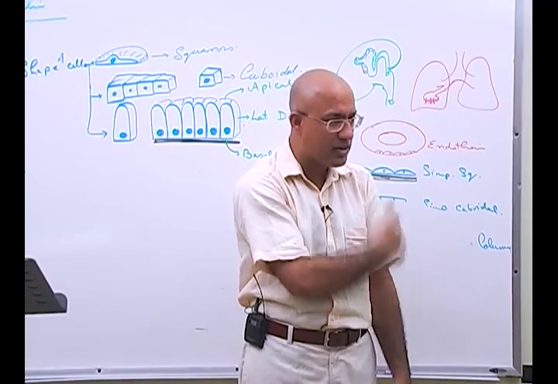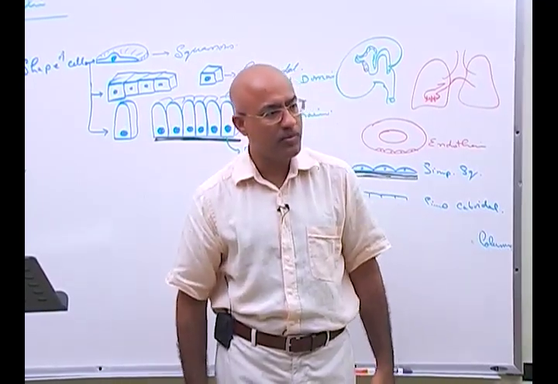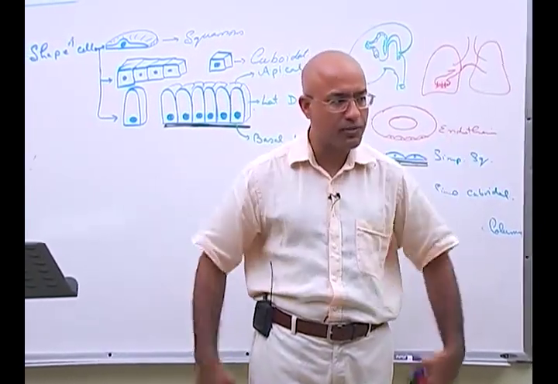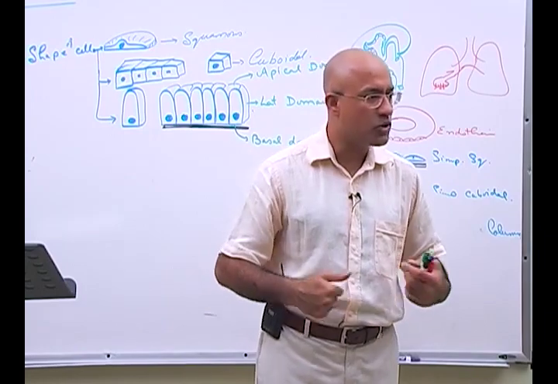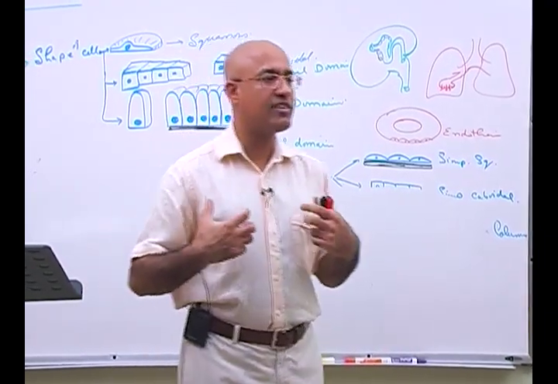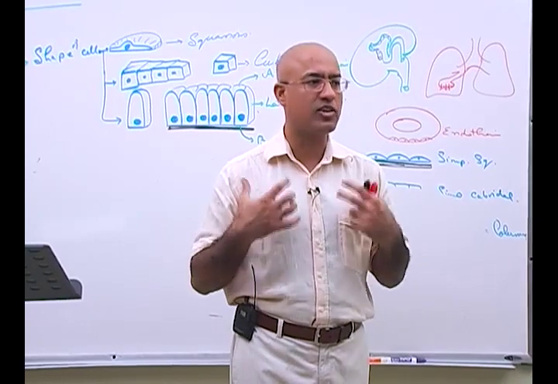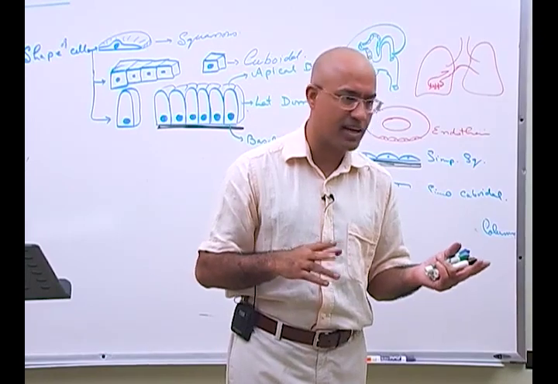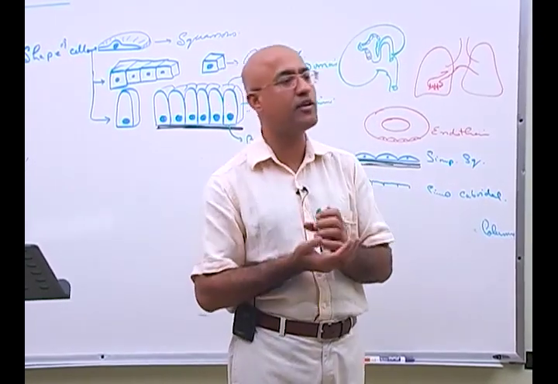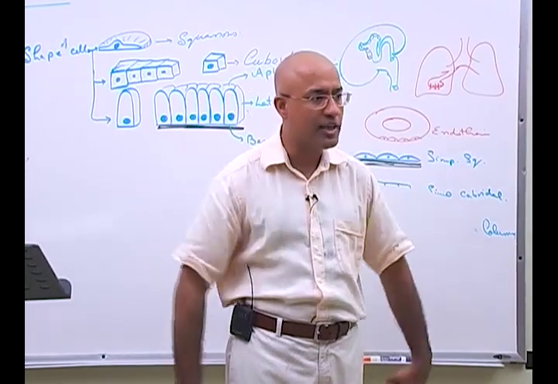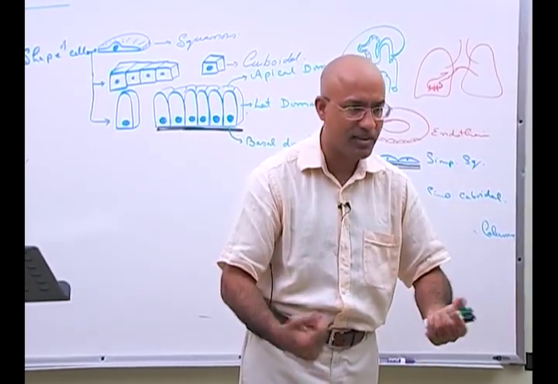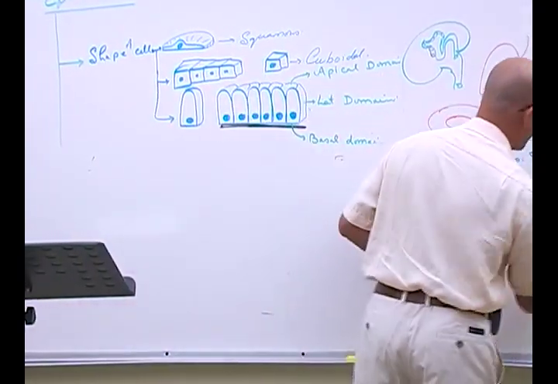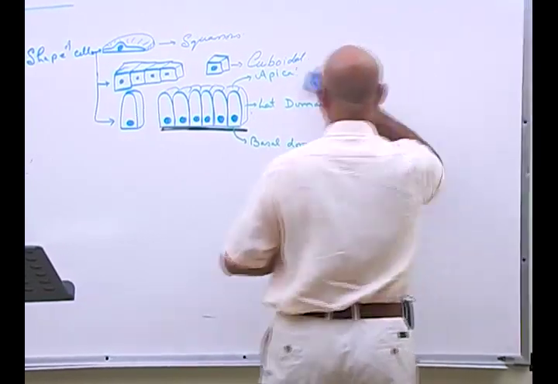If you are standing with me, lateral features are different, and down where I touch the floor, that is my basal features, which may be different, because different surfaces have different specialization. So we can say that as far as structure, function, and biochemical characteristics of epithelial cells are concerned, they have different polarities, because there are some other cells in the body which are not epithelial cells. All sides of the membrane may have the same features. Is that right? Now we'll go into detail of what the different features of different domains of epithelial cell are